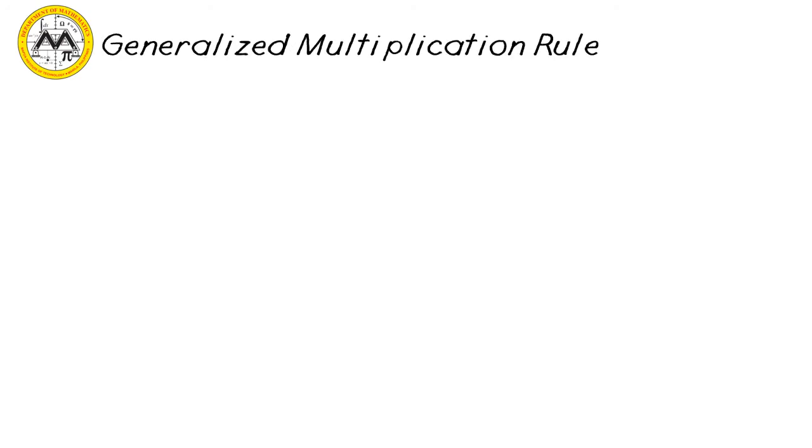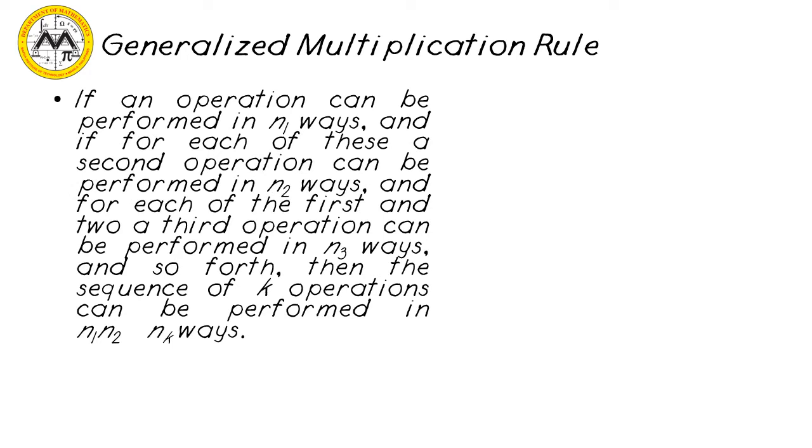Let's have now the generalized multiplication rule. If an operation can be performed in n1 ways, and if for each of these a second operation can be performed in n2 ways, and for each of the first and second a third operation can be performed in n3 ways, and so forth, then the sequence of k operations can be performed in n1 times n2 times and so on and so forth up to n sub k ways. Example: